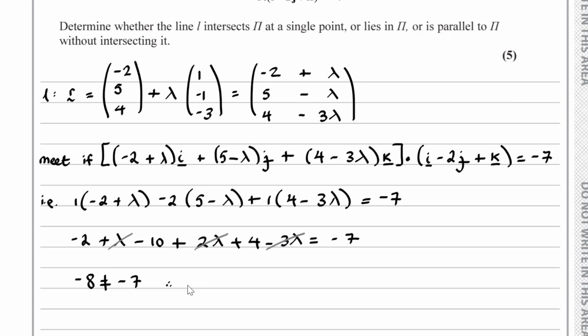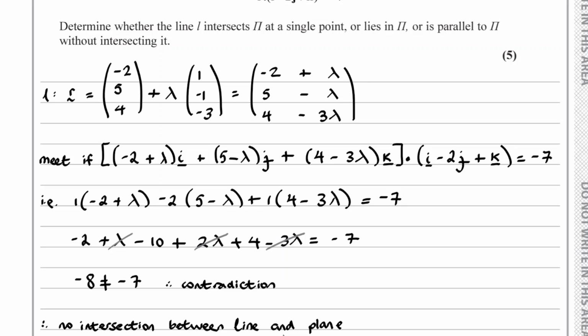So let's just write that down. We have a contradiction, and therefore there is no intersection between the line and the plane. Okay, and now